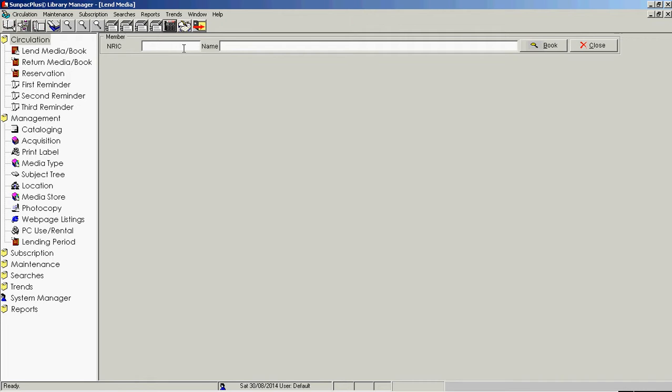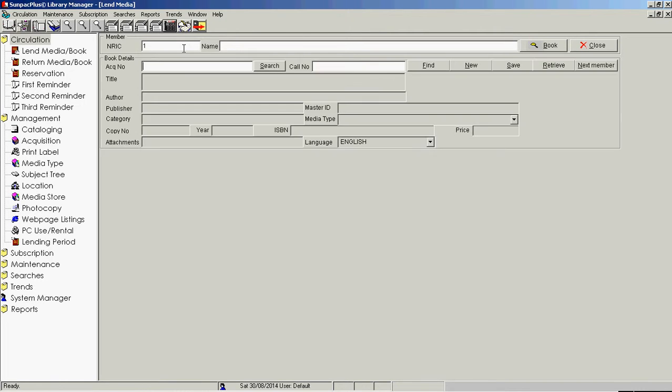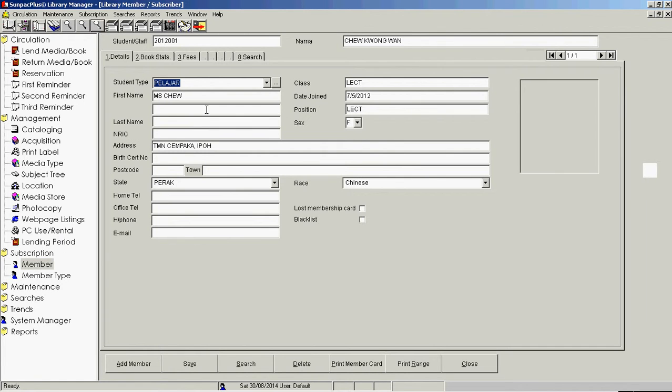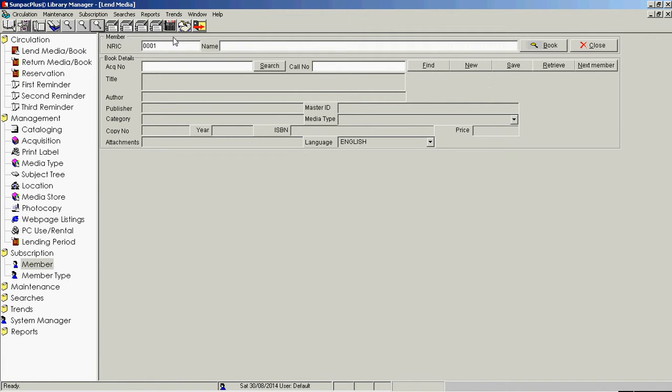But here I don't have the proper staff number. I'll just have a look at the subscription to see what staff members are available. Okay, there's a 2012001 staff number, 2012001, and if I scan that, automatically the name will come out,